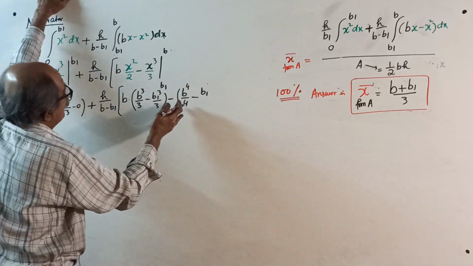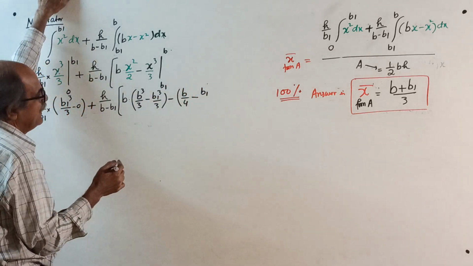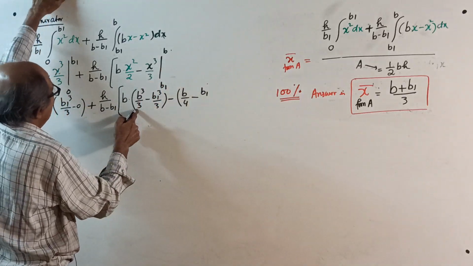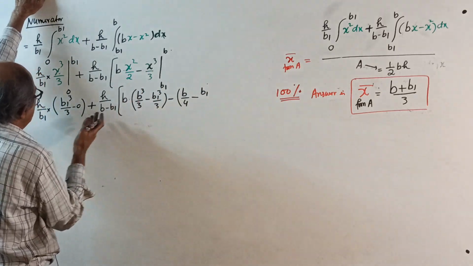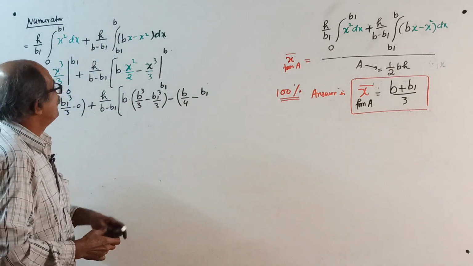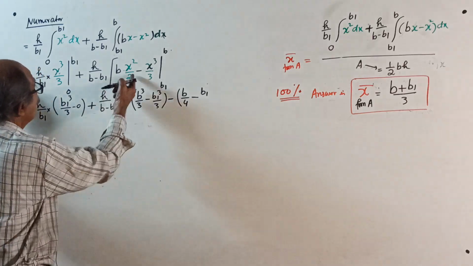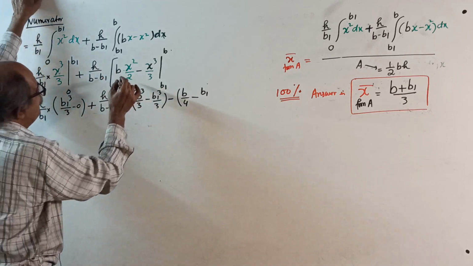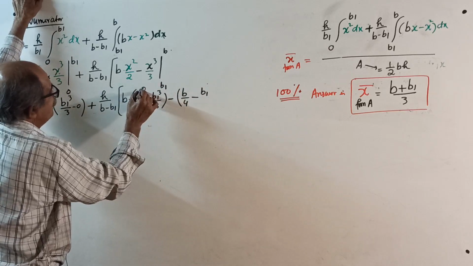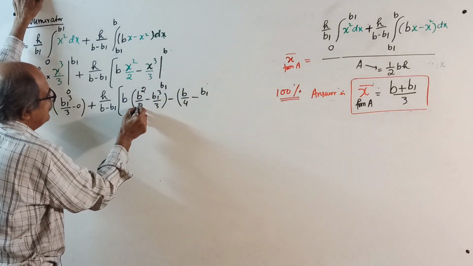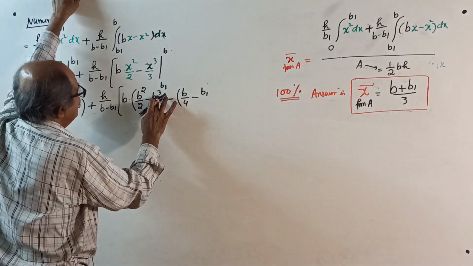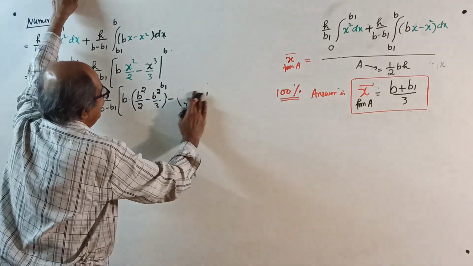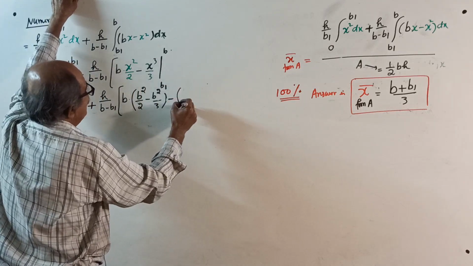oh sorry, why b1 power 4, already integration over. Already integrated, x square becomes x cube by 3. See, sometimes such mistakes happen. I thought integration is not over. Integration is over. Therefore, x cube by 3 is b1 cube by 3, h by b minus b1 into b square by 2. See, sometimes this is called oversight, minus b1 square by 3 minus